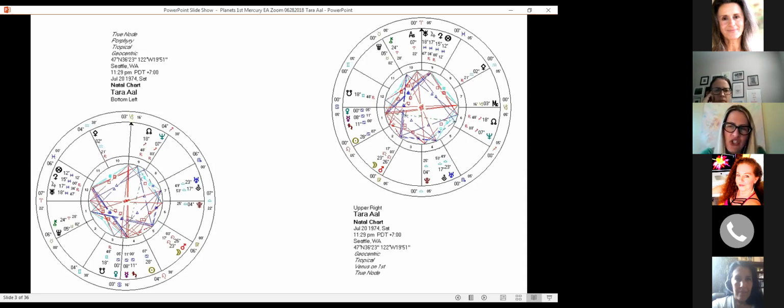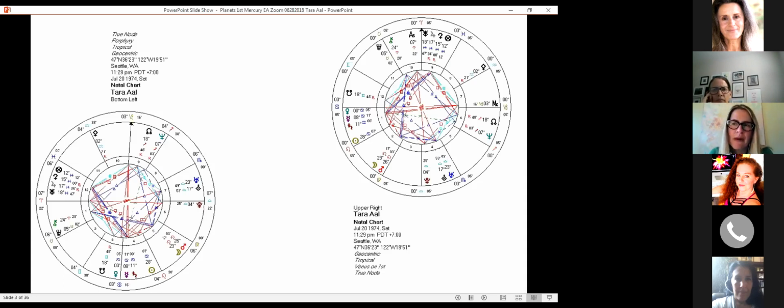So the houses change, right? So you can see, for example, that normally for me, I've got that cluster of Cancer stuff sitting down at the base of the chart. When I move Venus, or Mercury first for that matter, I had that stuff brought right up into the first house. It means it's more noticeable, more physical, more part of my spontaneous expression. Gives it different agency, if you will.